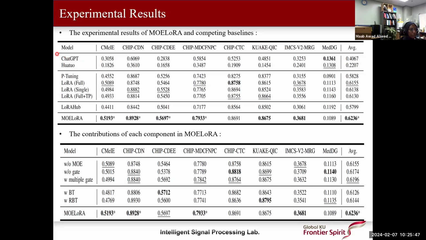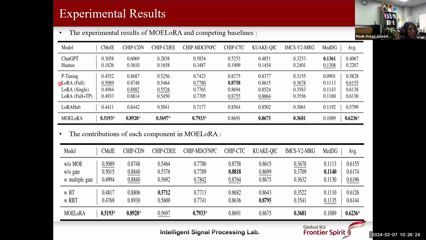But we can also see ChatGPT has better performance than the other models. I'm not sure why, but even with in-context learning, larger models will have better performance than smaller models. For the fine-tuned models, we have LoRa full, which is fine-tuned using the full dataset,